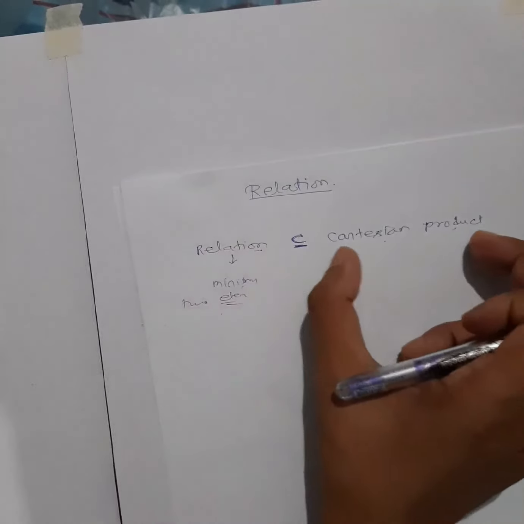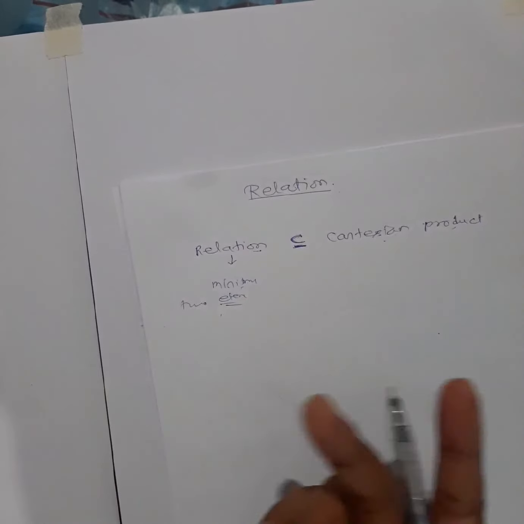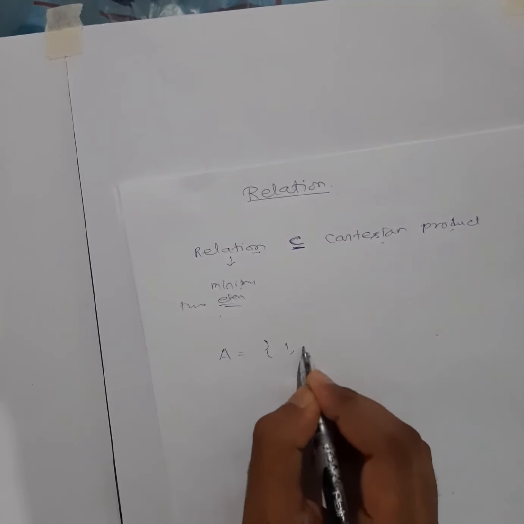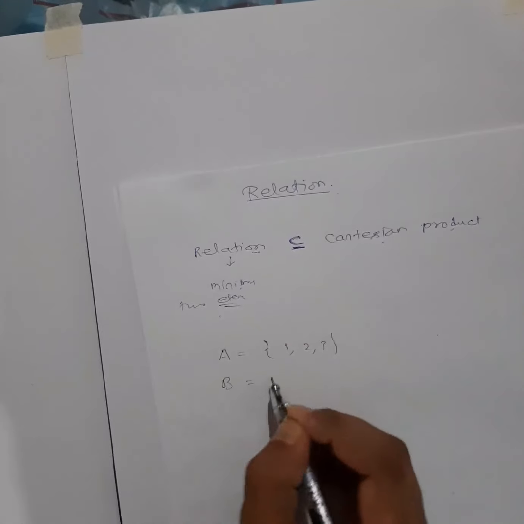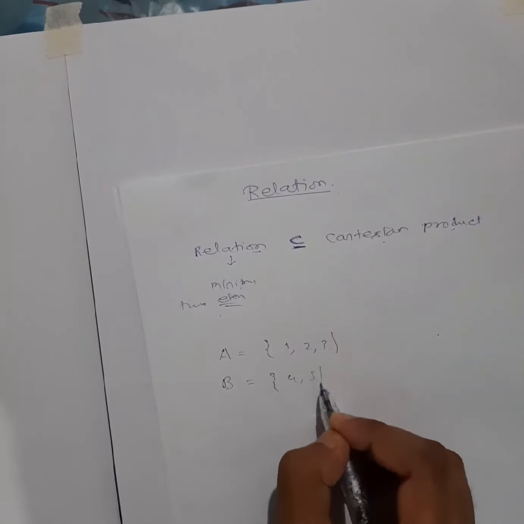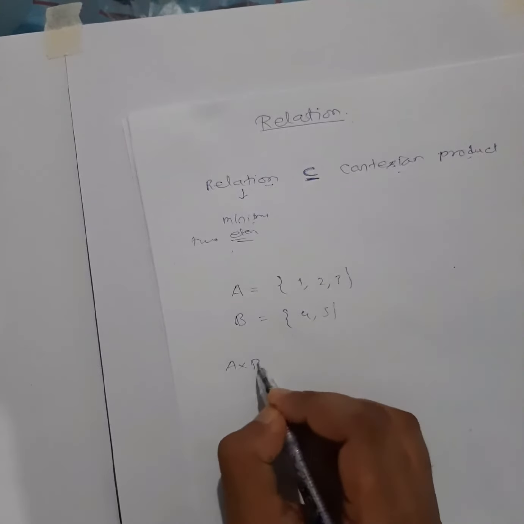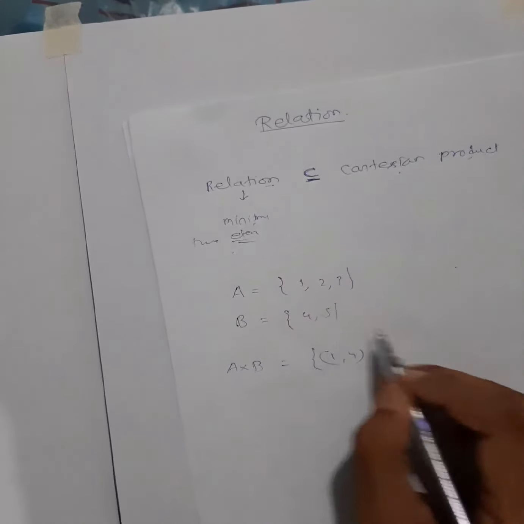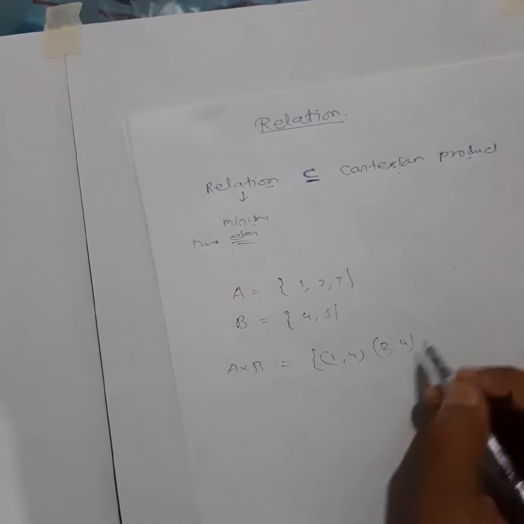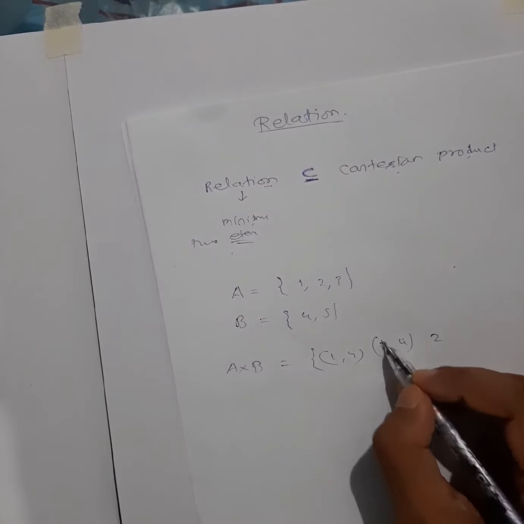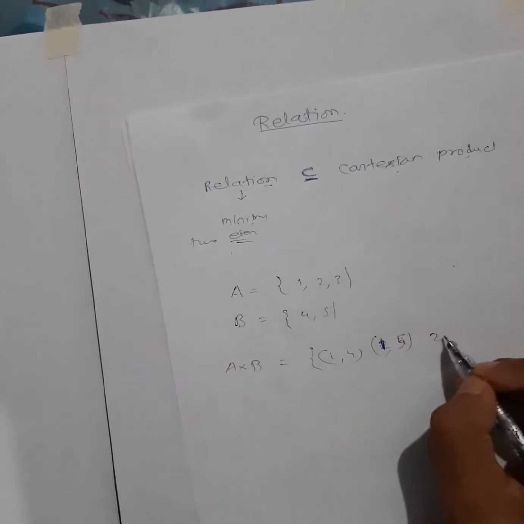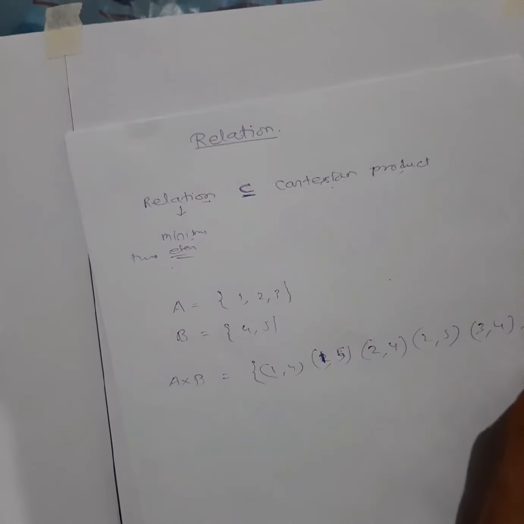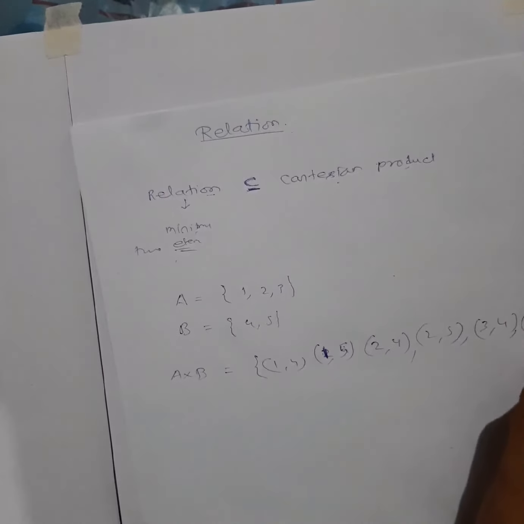So that's why we have studied how to write a collection of two elements, that is ordered pair, as we used to say. So in Cartesian product you have seen, if A is a set where 1, 2, 3 are the elements, and suppose B is a set where the elements are 4, 5, then what will be the Cartesian product of A and B? We used to collect all possible ordered pairs here: 1 4, then 1 5, then 2 4, 2 5, then 3 4, 3 5. So Cartesian product we used to write like this.